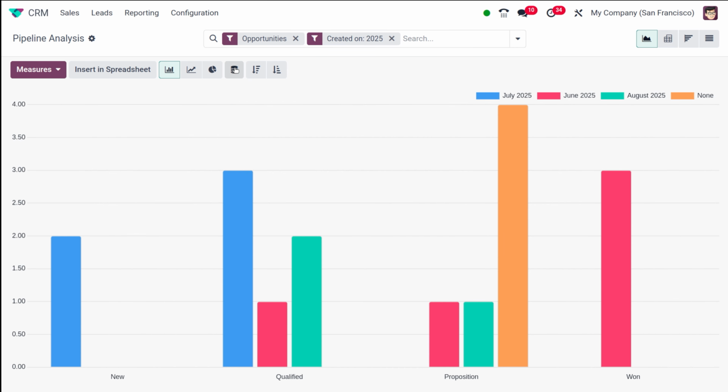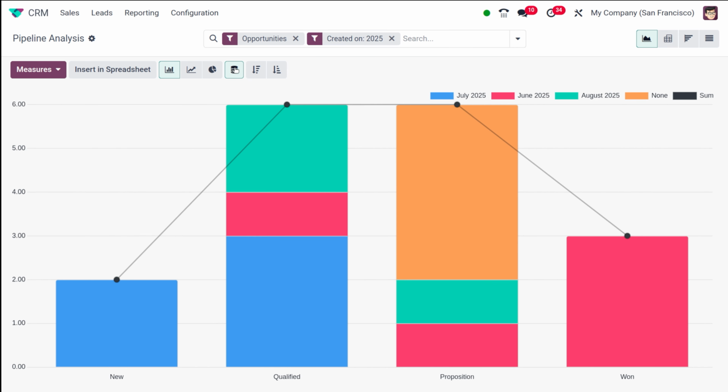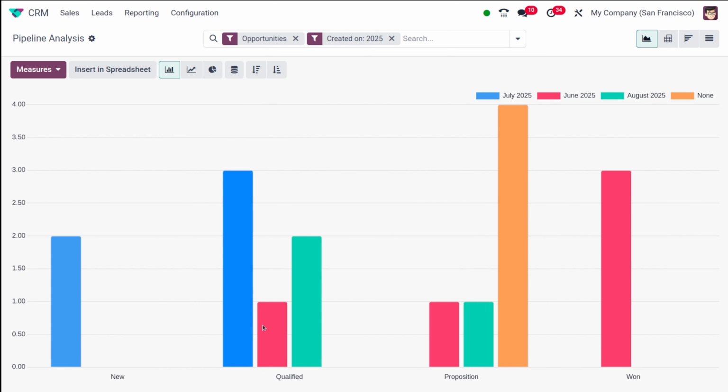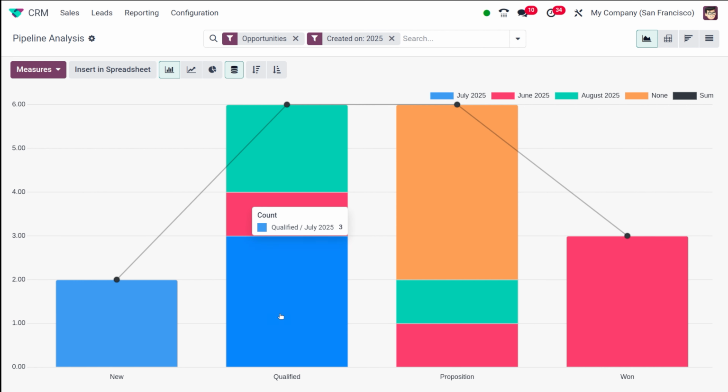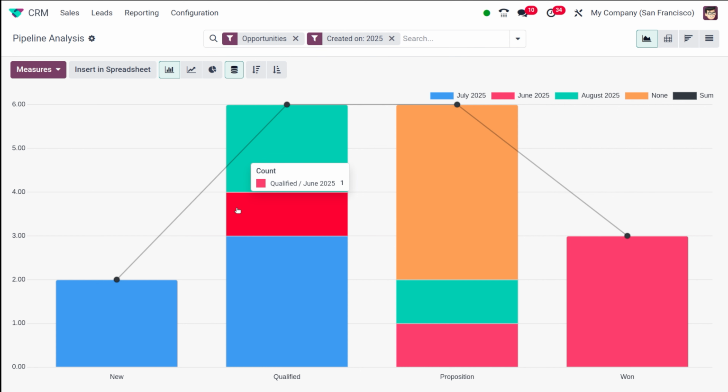If I remove that, the view is completely changed. I'm putting it back to stacked view. When selected, the results for each stage are stacked on top of each other. As you can see, these are stacked on top of each other. If not, they are shown as different graphs. So let it be stacked view itself. I think that's better than others. And if you want to remove it, you can simply deselect it by clicking on it, and this will be shown as individual side-by-side bars, which improves legibility when analyzing different groups. You can also reorder your stages using the descending or ascending order.